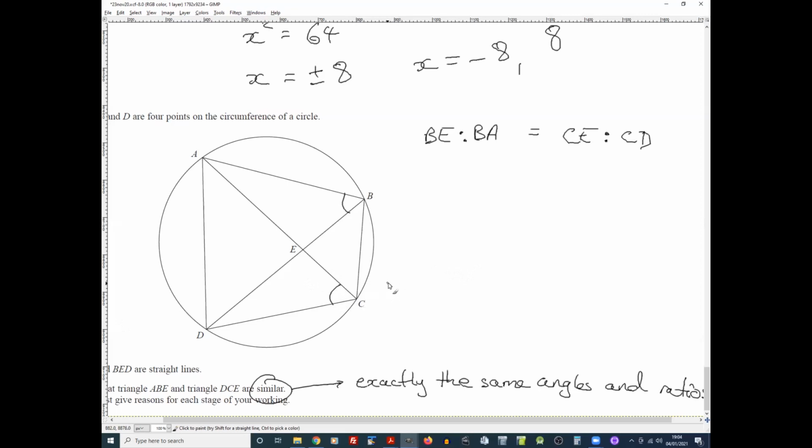Right. And by the way, that's kind of key to this problem. Showing that the two triangles are similar, we're going to do that by showing that they do have matching angles, that these angles are equal perhaps. So we'll be looking for a way of showing that we know that's true without knowing that the triangles are similar. You see? That'll be the reasons at each stage of our working that we're giving. We'll be showing how we know these angles are the same. And then if we can show that all the angles match,